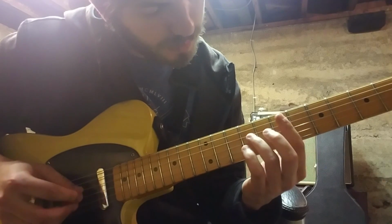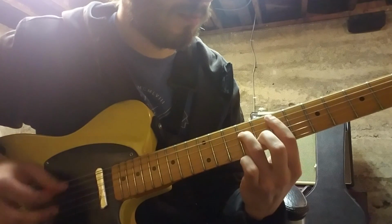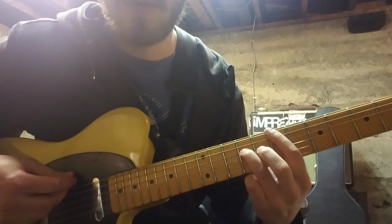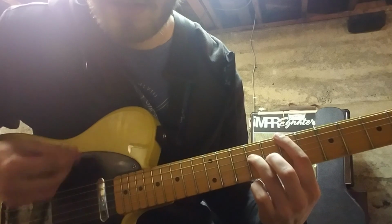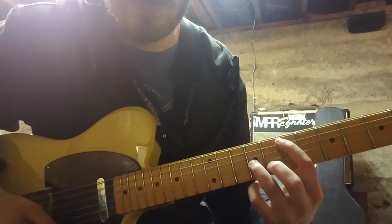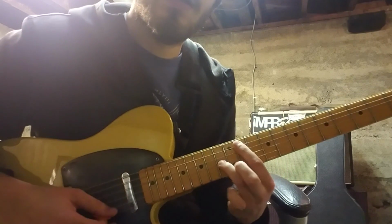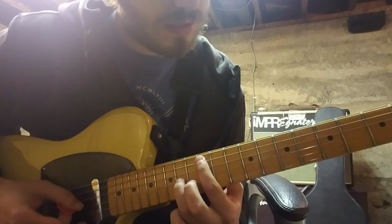And then let's think. It goes back to the intro, and then the next ending that it does is it's going to start on this octave chord again on the 7th fret and 9th fret of the 6th and 4th strings. And then it goes up a string to the 5th and 3rd strings, same frets. And then you're going to go to the 11th and 13th frets. And then up one more fret after that. So this is going to sound like...